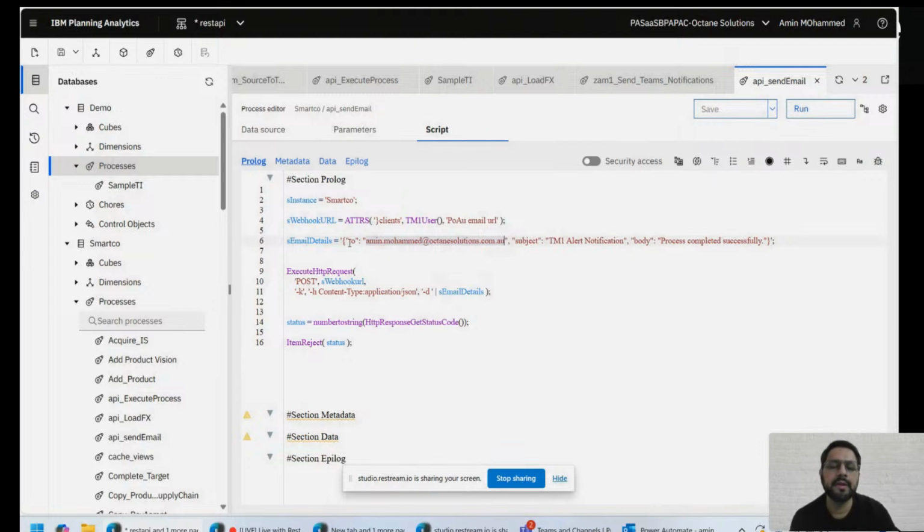It's going to send to the email ID that I have passed over here. The subject again is something which I've hard coded, but that can be made dynamic, and the body. Then I'm just making that execute HTTP request, and once that's done, an email is sent out. So if I just run this particular process now,